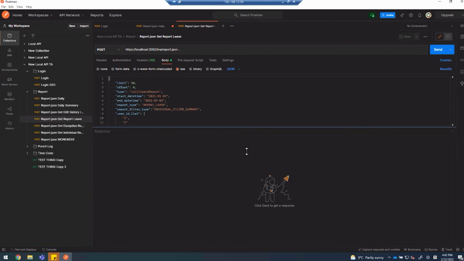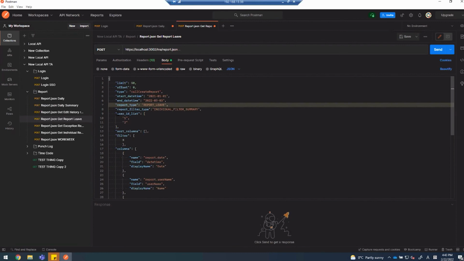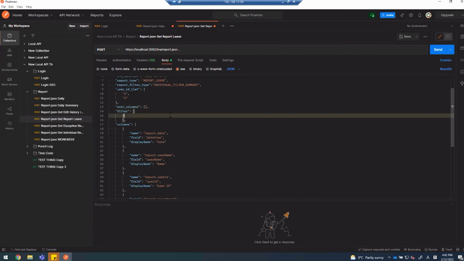leave report. I put my limit as 50 and start date and end date. And this is going to be report_leave. And the users are going to be 1 and 2, administrator and Sharon. And I put my filter as 3. And before that, let's see how we can get the leave